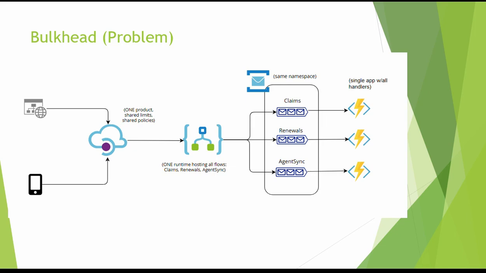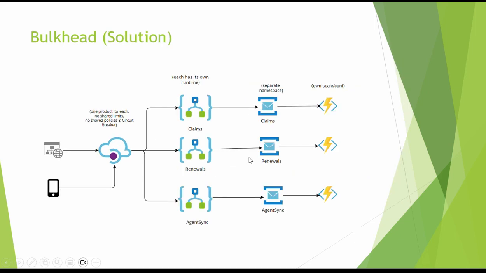Now, in this scenario, we can have trouble if we have a spike in the number of claims, and that blocks other threads. For example, in the logic app, it will block all others as well. That means renewal and agent sync will be deprived. So we have to think about how to fix this. To fix this is very simple. What we have to do is